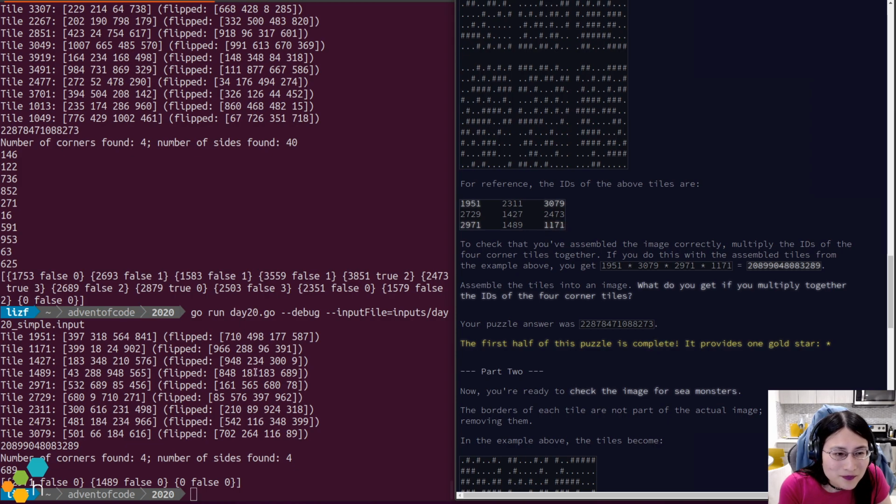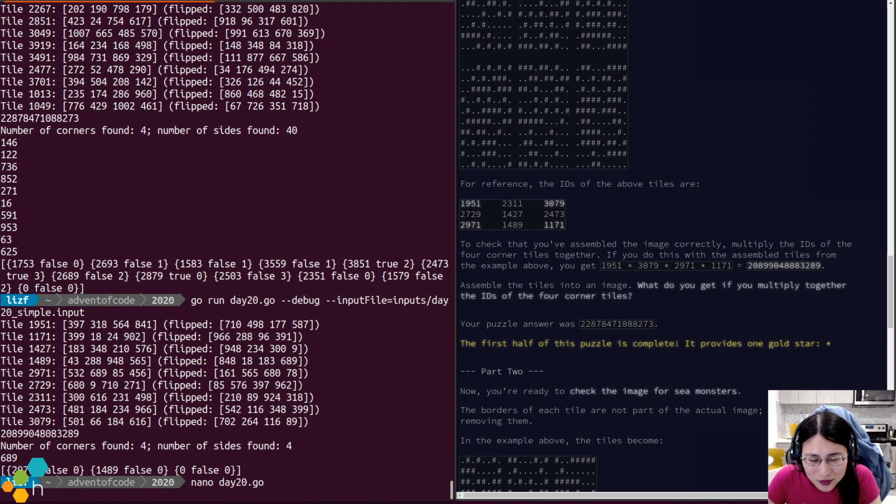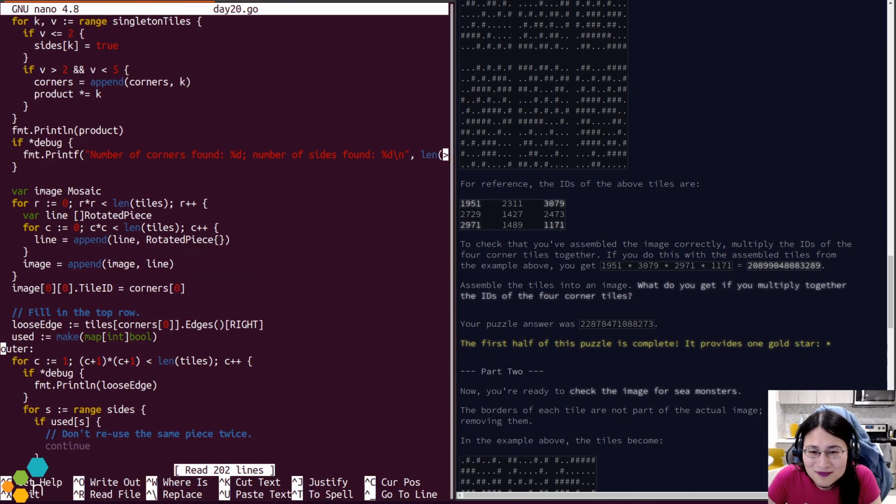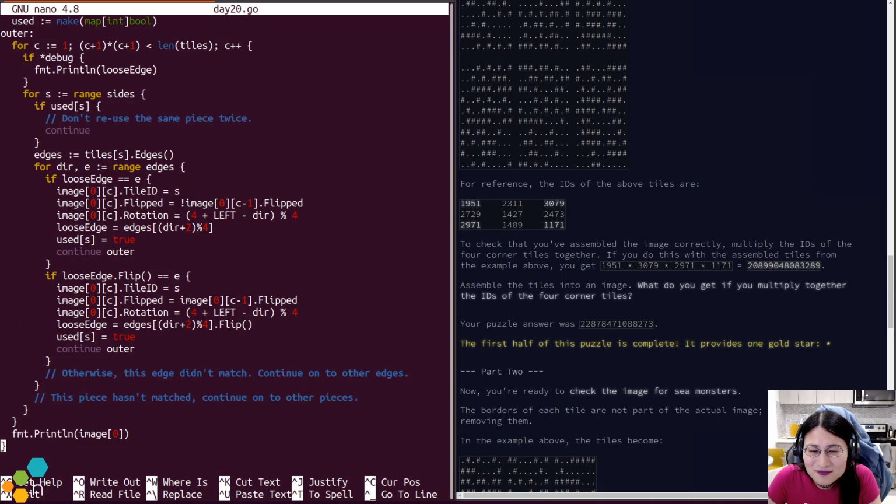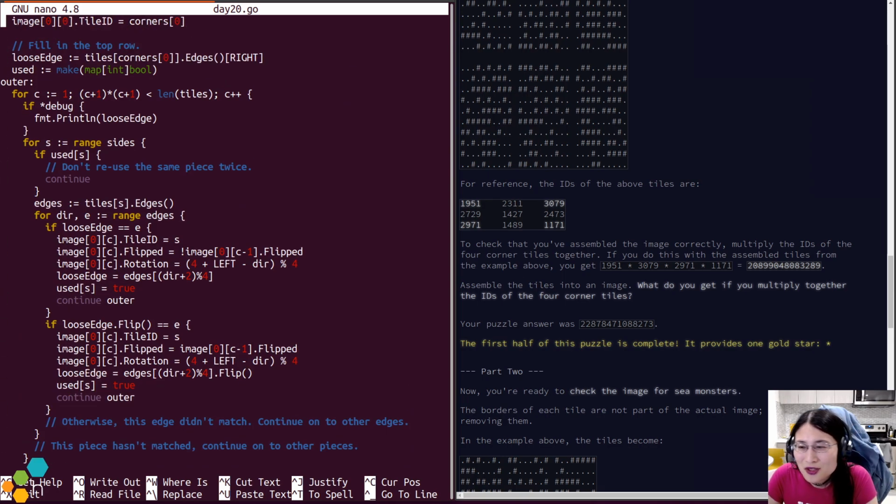And then we need to go and look for a corner that matches after that. All right. Now I need to extract this out into a function.